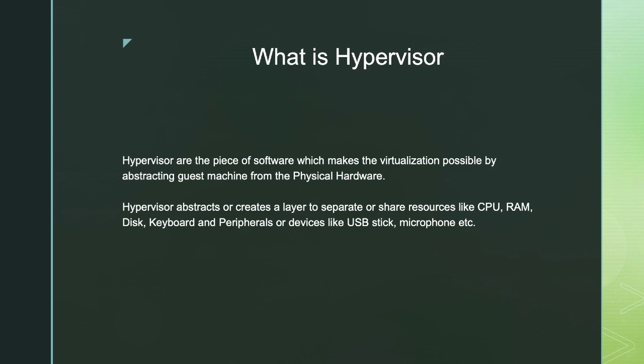What is a hypervisor? A hypervisor is a piece of software for virtualization. Whatever virtualization we are talking about is possible only through a specific piece of software called a hypervisor. There are different types of hypervisors and there are different vendors of hypervisors. We will look through that. The basic functionality of a hypervisor is that it abstracts your physical resources. Let's suppose you have a hardware machine, maybe an Intel Core i7 processor with 8 GB of RAM. That is being taken by your physical device.